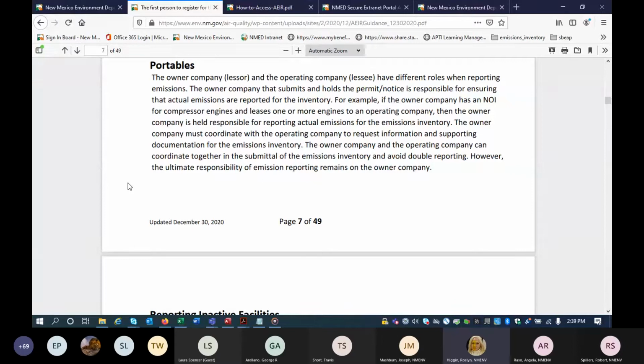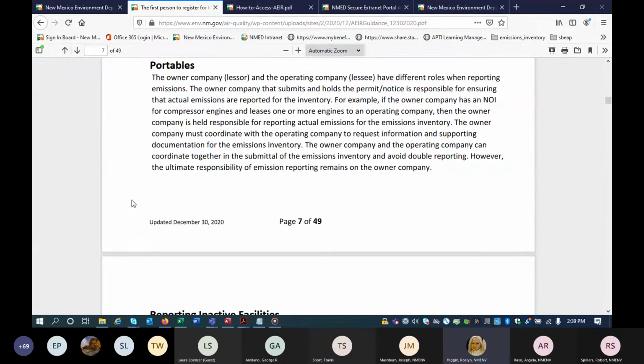However, if they make an agreement with the leasing company, the leasing company can input the data, but they also need to note that this is a leased piece of equipment under notes. Okay, this is very important.